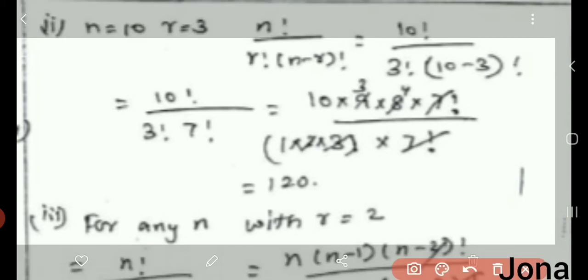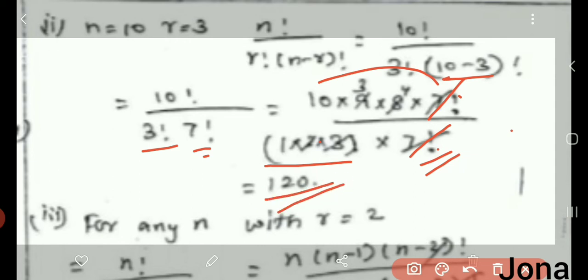And for the same thing, it's given n equal to 10 and r equal to 3. So instead of n we can have 10, that is 10!. Instead of r we have 3. So we have 3! into (10 minus 3)!. So we can have the simplification like this. This 10! we can write like this, from 10 down to 7!, and then keep this 3! as it is there, 3 into 2 into 1, and then for this 10 minus 3 it is 7!. This 7! can be kept as it is because we can cancel here and here. The remaining things also we can cancel so that we can have the answer as 120 here.